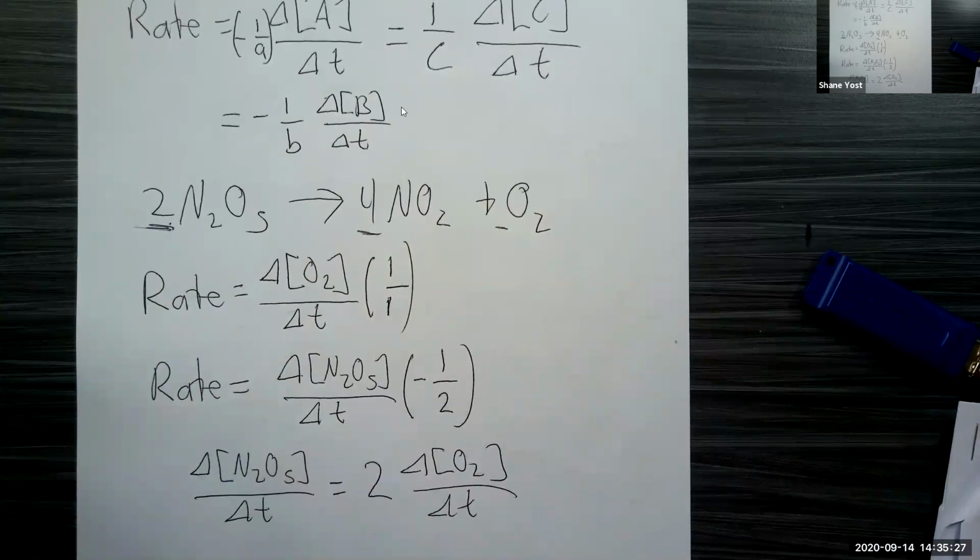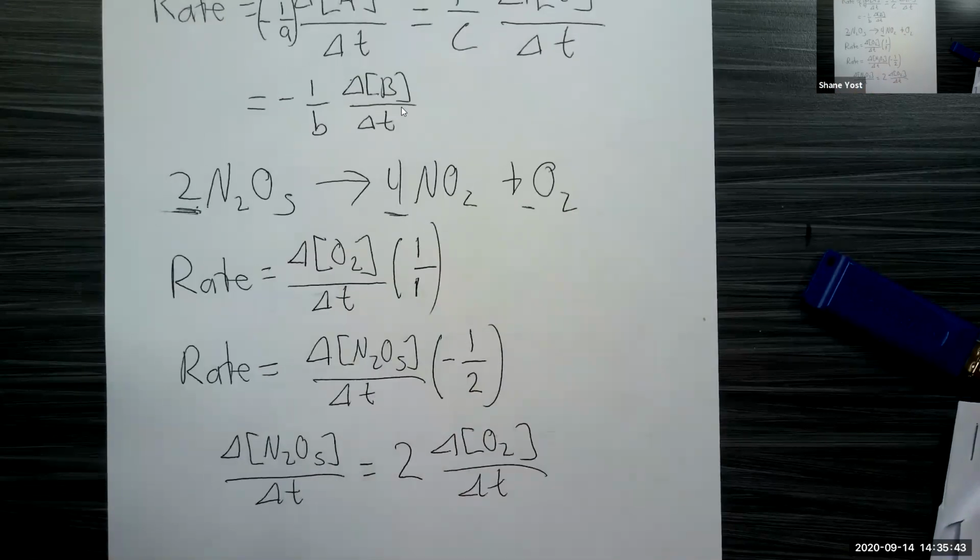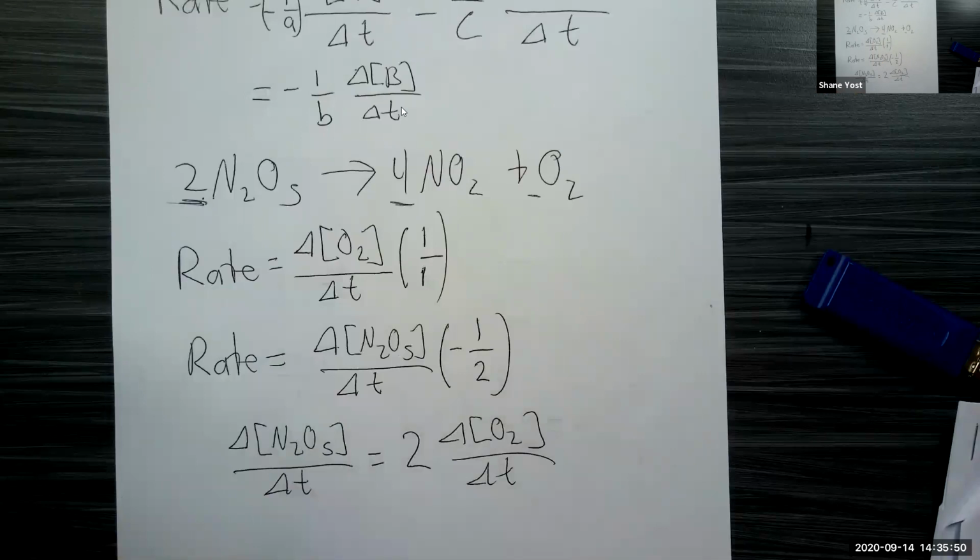Again, we do this so that no matter what you're measuring in lab, you will always get the same average rate of reaction as anybody else, as long as they're within the same reaction conditions. It does not depend on whether I measure N2O5, NO2, or O2. My average rate of reaction is the same, because I take these rates of change and divide them by their stoichiometric coefficients in order to make it so. Questions about this average rate of reaction?